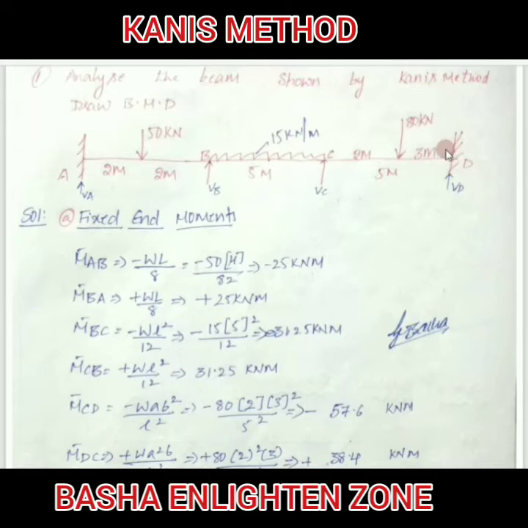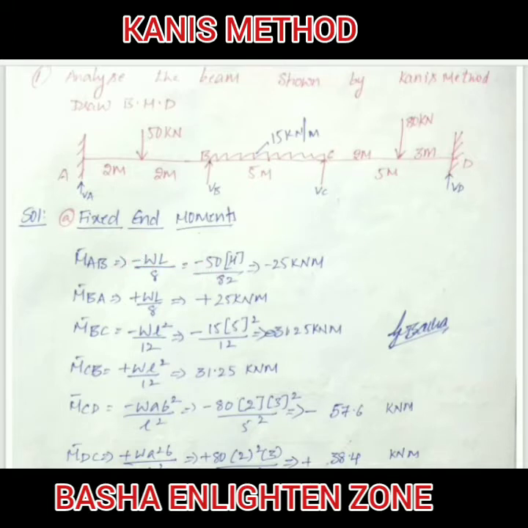At the same time, the two ends will be fixed. At end A it is fixed, and at B there is an intermediate support, which is considered a fixed support. Similarly, C is an intermediate support, so it is considered a fixed support, and end D is a fixed support. For example, if there were a simply supported or roller end at D, you would consider it as hinged or roller directly. But here, even though these are simply supported conditions, they are intermediate supports. That is the reason we are considering fixed supports at B and C.